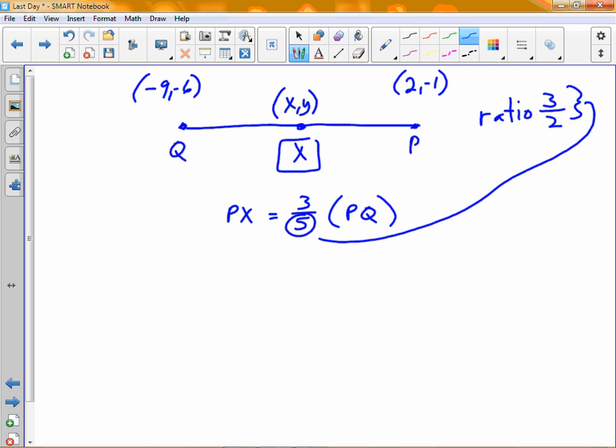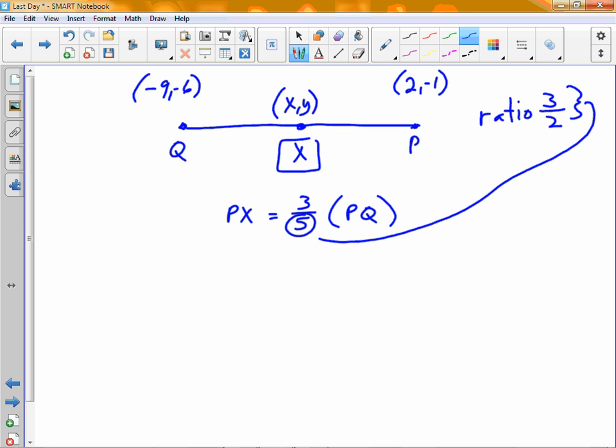And the result is this will be 3 units, this will be 2 units, a total of 5 units. Now the numerator is just whatever my numerator is over there. All of that was done so that you could set up this equation right here, that PX was equal to 3/5 of PQ. Well, if I wanted to find out what PX was, what this distance was right here,